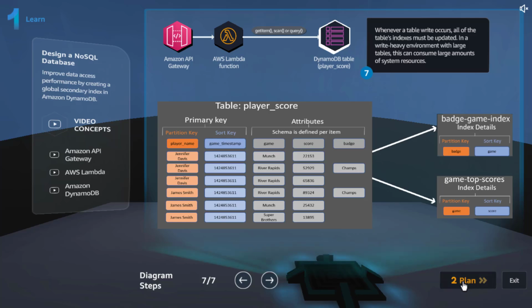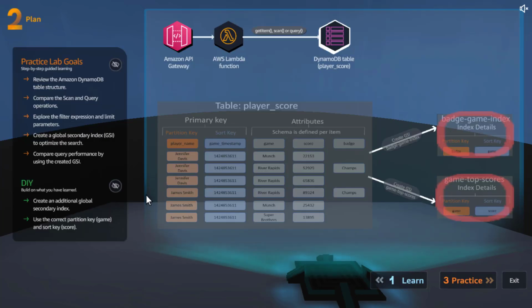Okay, now we are equipped with the knowledge to implement this project. As usual, we will have practice lab goals wherein the Cloud Quest is going to show us handheld. They are going to show us the step by step procedure, what to do, so they are going to spoon feed us. Once you do that, you will have a DIY section wherein they just tell us what to do and we have to do it on our own. They won't tell us how to do it. But after the end of the DIY, there will be a section where you put something in to check whether what we did is actually right or wrong.